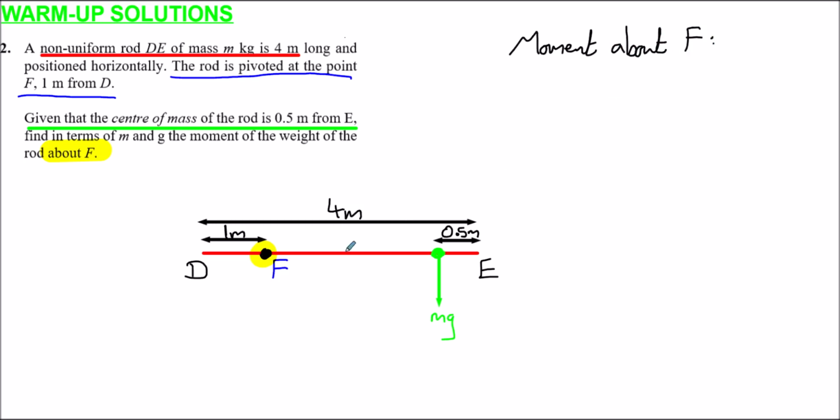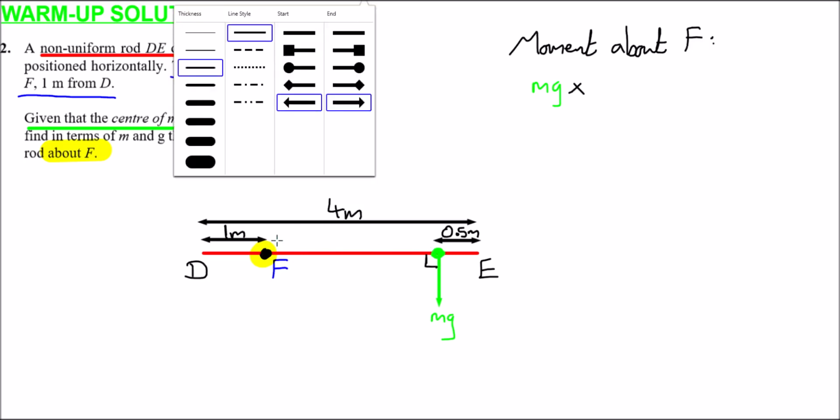The moment about F is going to be the force, which is just obviously mg. And we multiply that by the perpendicular distance of the line of action of this force from F. Well, again, luckily we know it's a perpendicular distance because mg, this line of action, makes a right angle with this red line. So all we need to work out now is this distance from F